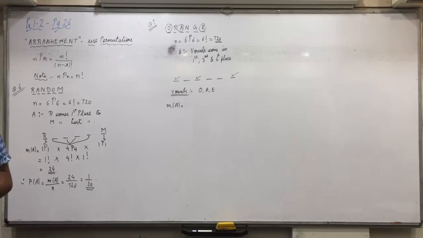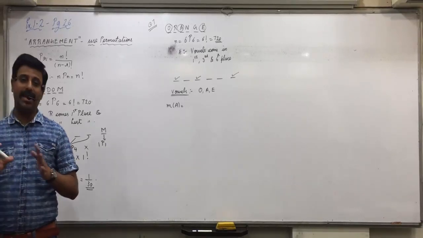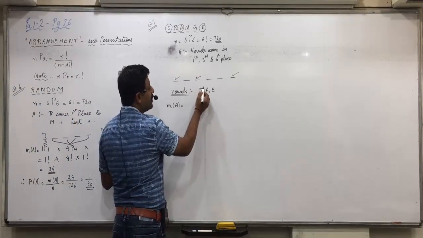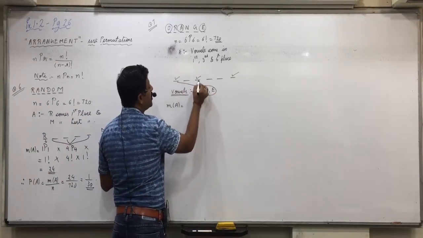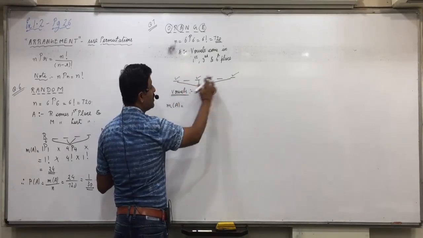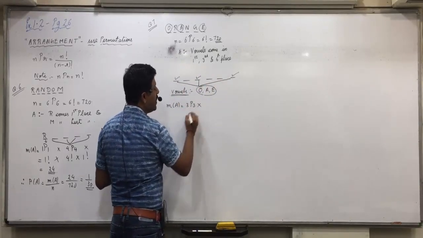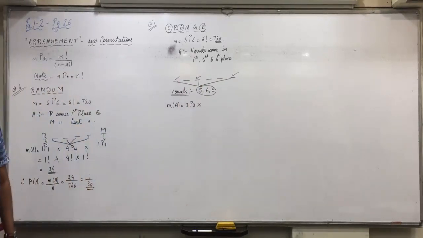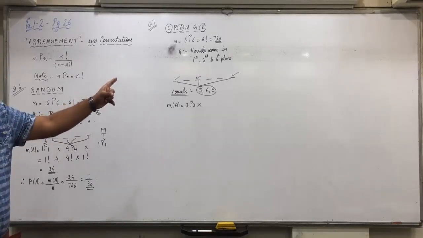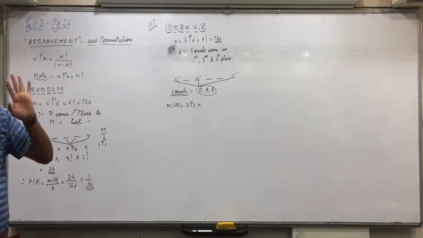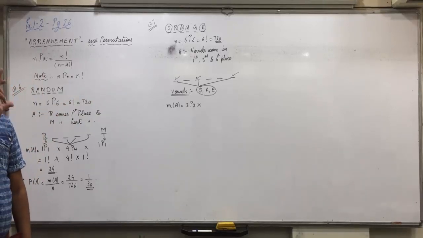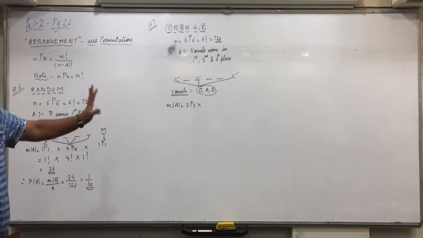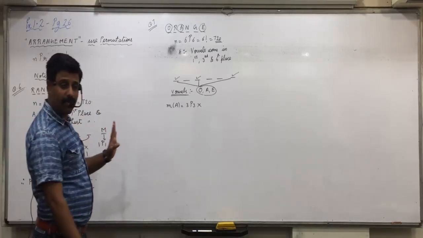No. Pooja's answer is correct: 3P3 into 3P3. Here, these three vowels we have to arrange in these three places. Three vowels in these three places can be arranged in 3P3 ways. Now you cannot do 3P1 into 3P1 into 3P1. Reason: three vowels in three places. It's not like you are putting O at the first place only. O can come in the third place also, and O can come in the last place also. So three letters are to be arranged in these three places. That can be done in 3P3, 6 ways. Is everyone of you clear with this?